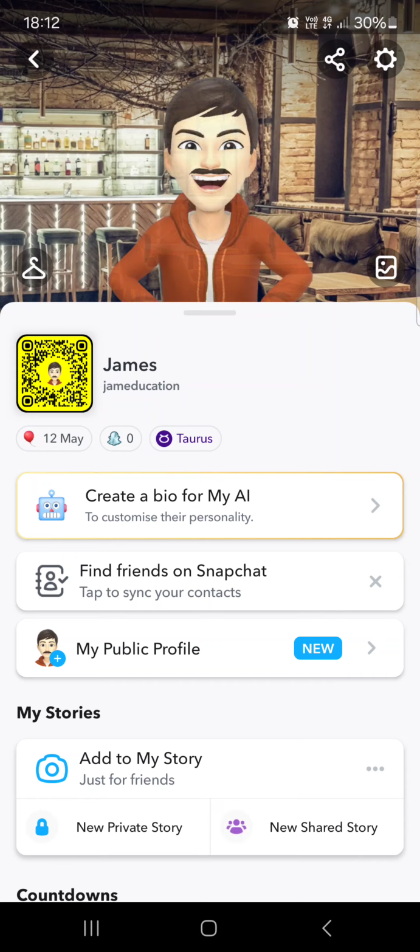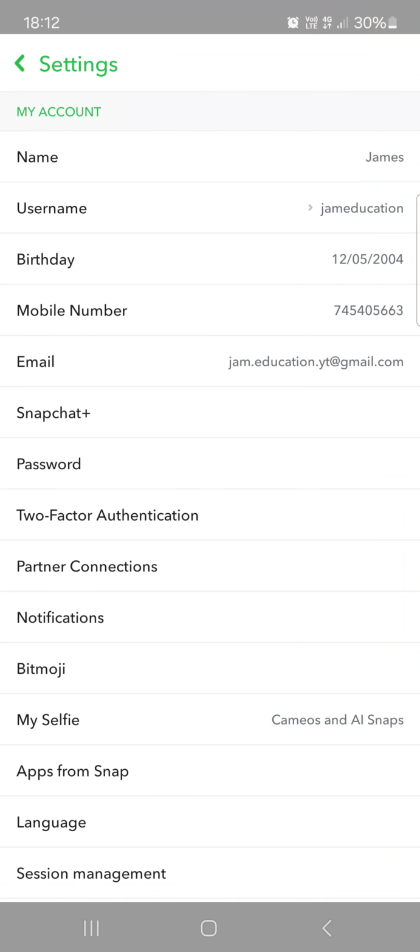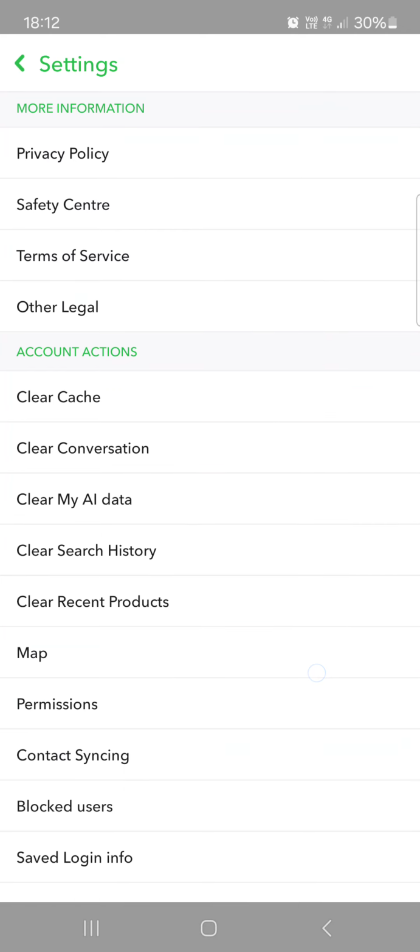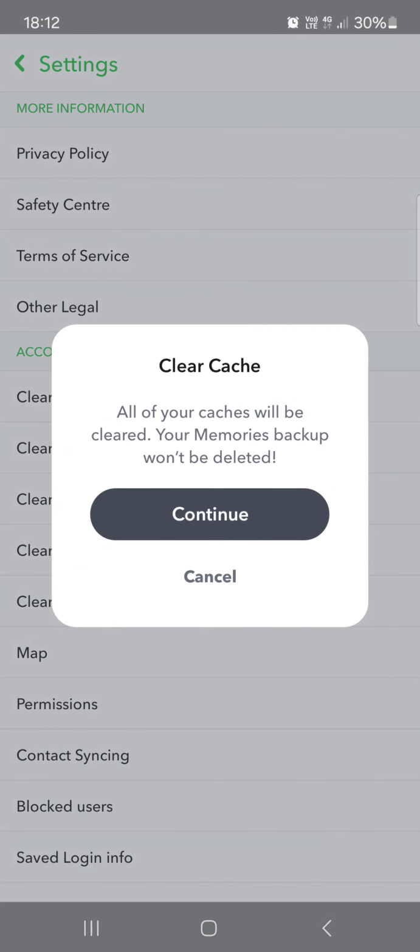From here we just go into the profile menu, then tap on settings, then we scroll down and under account actions we find clear cache. We tap on this and we can just tap on continue to clear the cache files that have been created